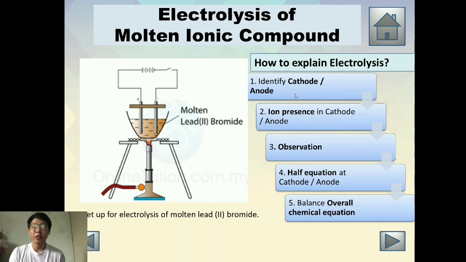Next, we need to observe what will happen at the cathode and what will happen at the anode. After the observation, we need to write down the half equation at the cathode and also the anode. And then the last part is we need to balance the overall equation. How we balance it is we use the half equations. And for the next slide is